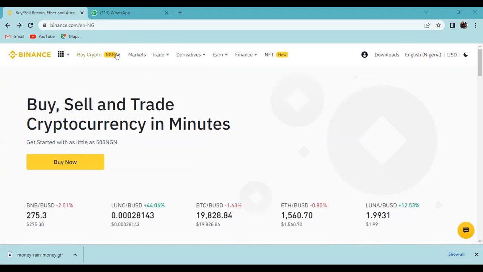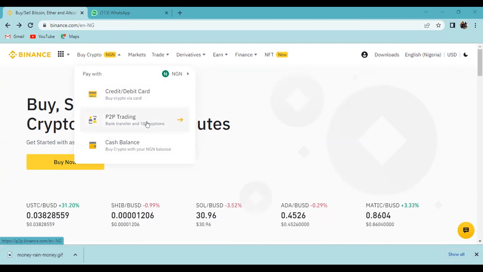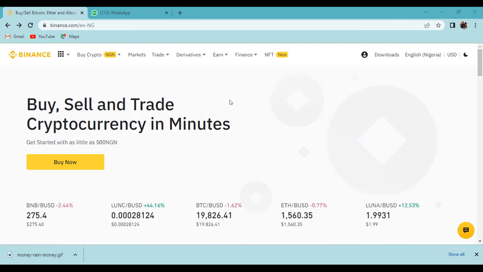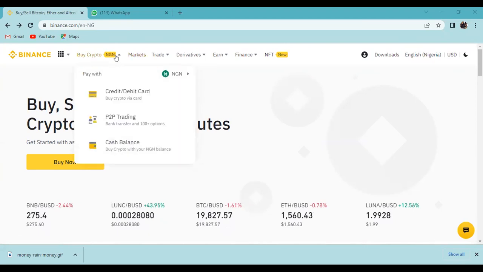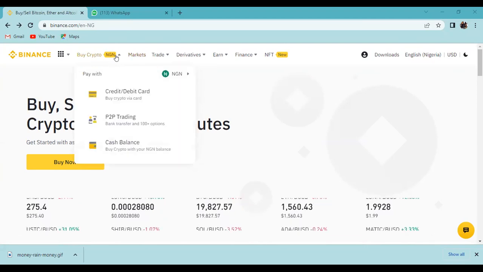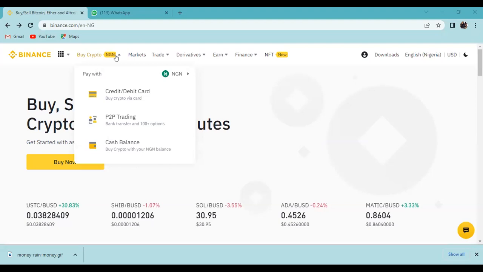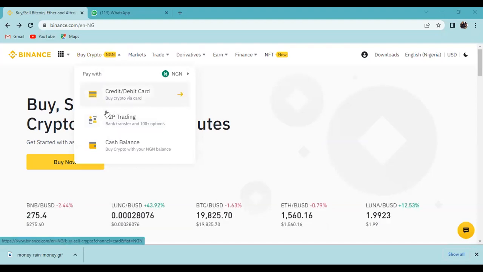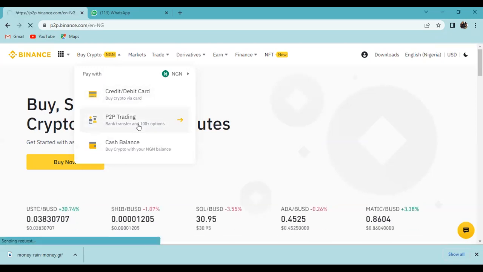You need money, capital. So to fund, you can do P2P trading, especially for people in this part of the world, like Africa and Nigeria. You don't want to use your credit or debit card. So you do P2P, peer to peer.